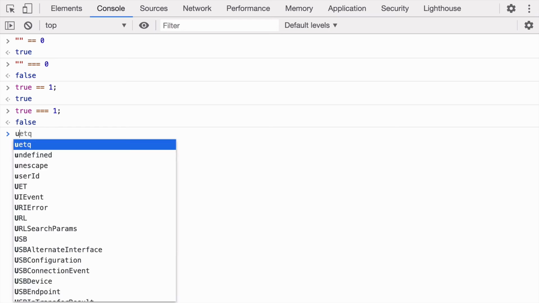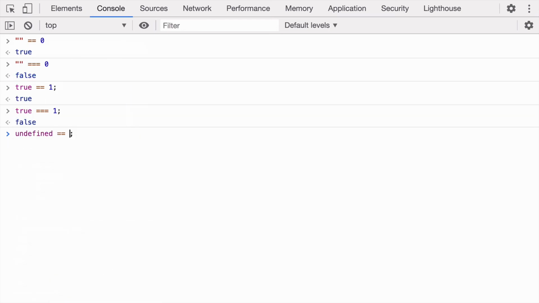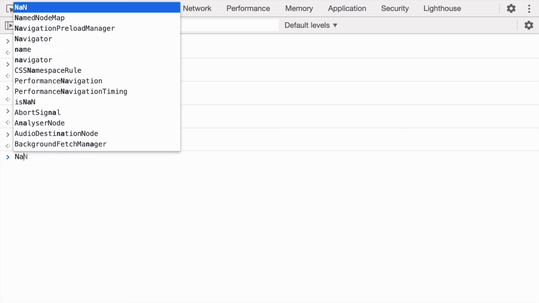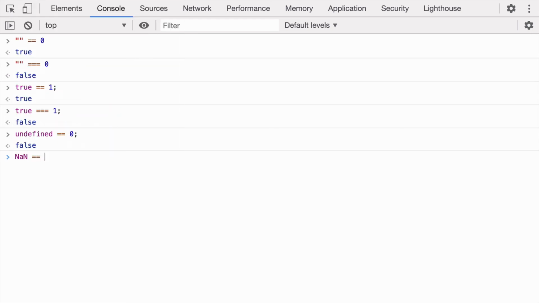But what if we start comparing something like undefined equal to 0? We know that undefined is a falsy value, 0 is a falsy value. When implicit type conversion happens, they should return true, but they are returning false. So this gets a bit tricky when you start doing it. NaN equal to 0, you also always get false. Similarly, if you do null equal to 0 and you think null is a falsy value, so it should be equal, but that is not happening, and it gets a bit confusing.